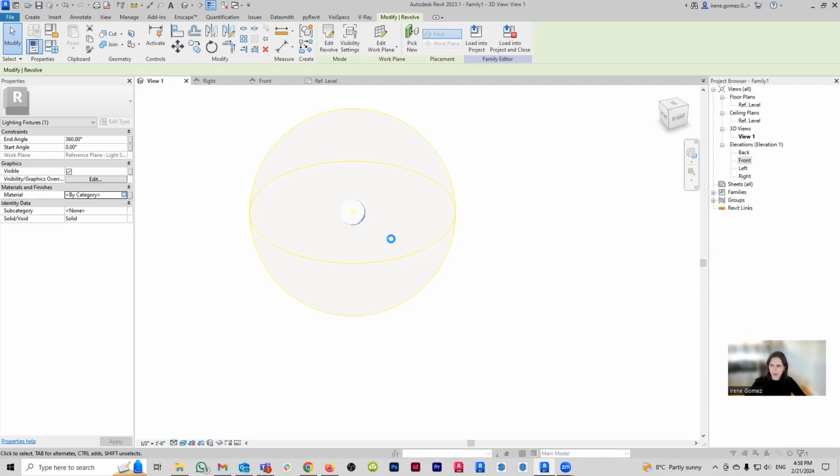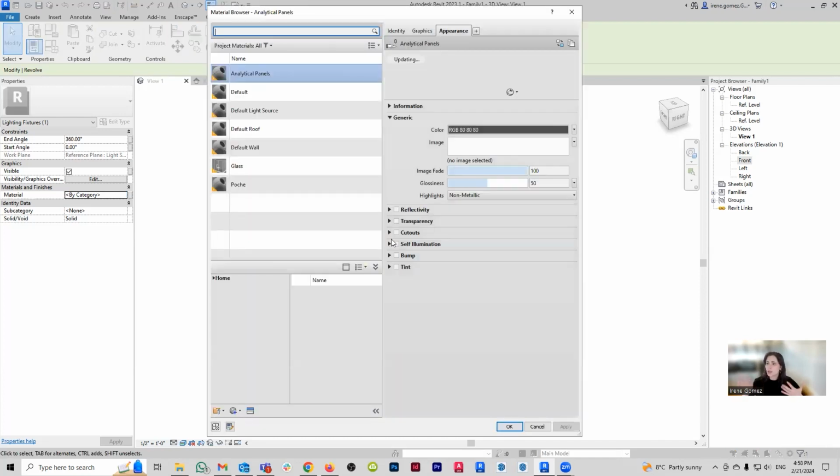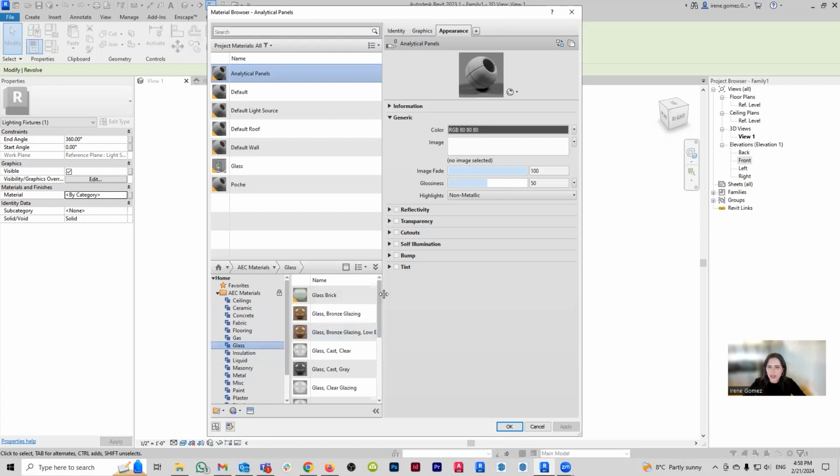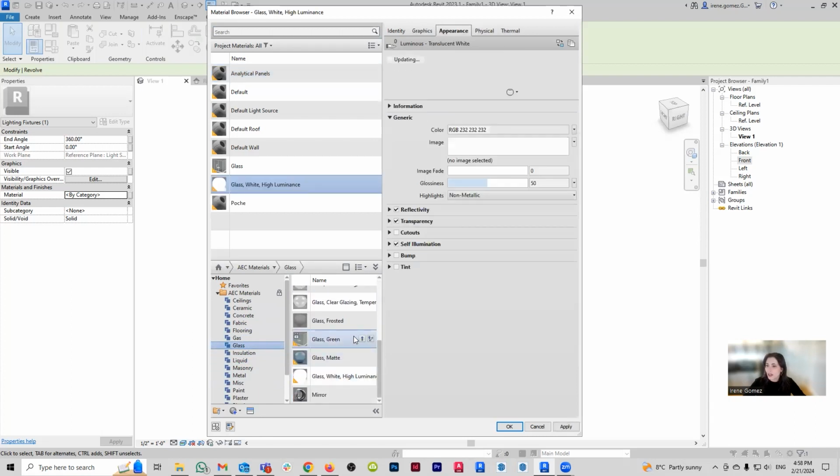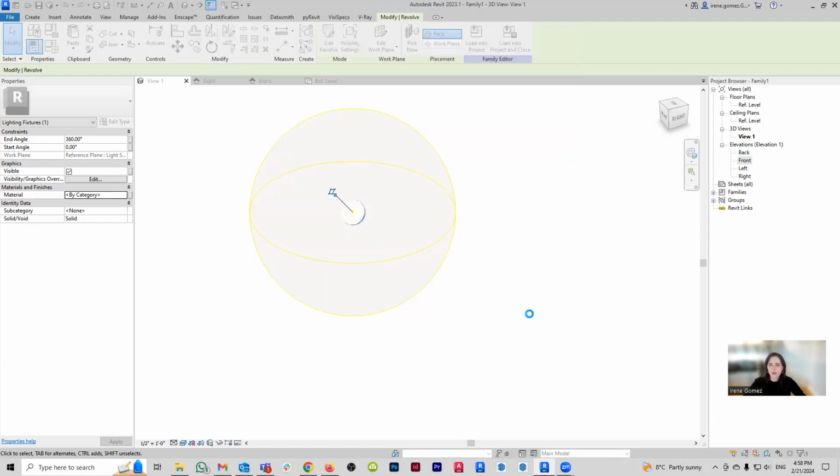So I'm not going to make it parametric because I'm not really intending on changing back and forth that material. If anything, I might just edit it directly into the project. And then I'm going to go home here on my Revit library, AEC. And within glass, you can find one option that is a material that already has illumination assigned to it, self-illumination, so I don't have to set it up from scratch myself. I will still probably edit it, but this saves me a few valuable seconds. Okay, so this is going to be my first light bulb.